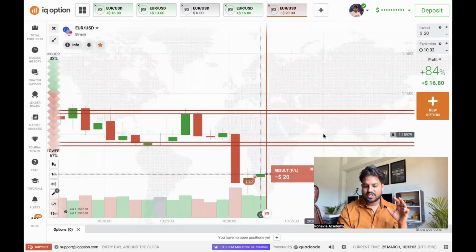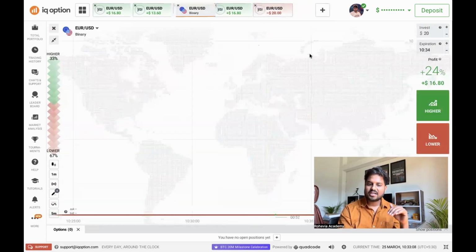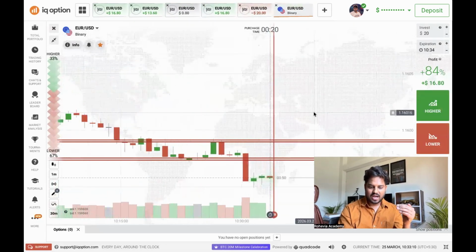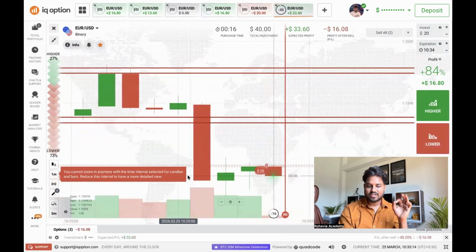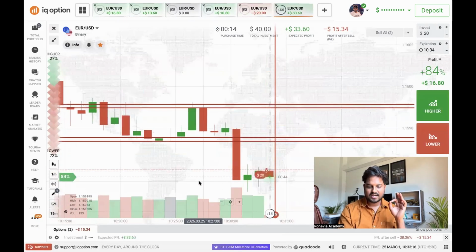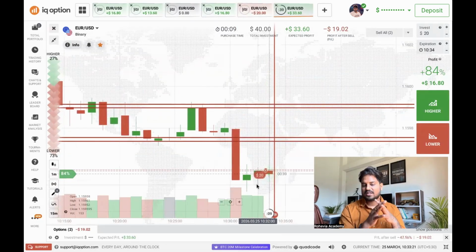Okay. But now here I can see that buyers took control over the market. Happens, guys. This is market. This is how market moves, right? So here I can see that they have again dropped the volume. So there are more possibilities. Sellers can definitely take control over the market because there is a concept of